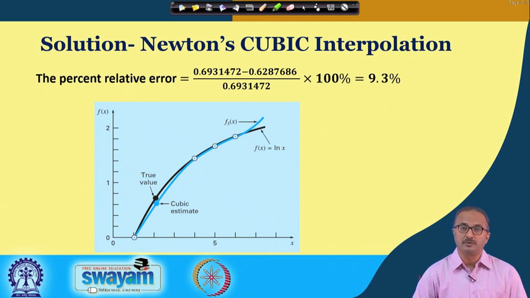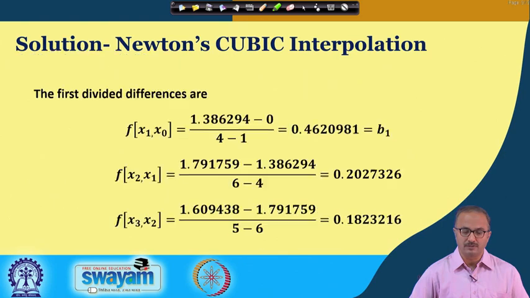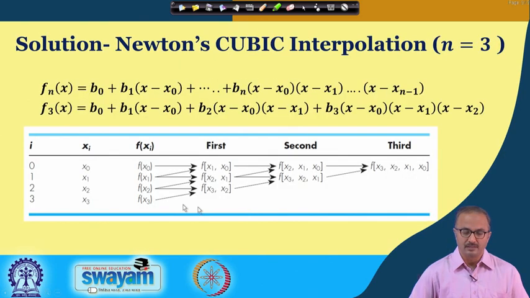Now if it is a fourth order polynomial, you have to consider another point, that is, you have to consider 5 points. Okay. The same thing will be there. Now if you have to have that fourth order polynomial, then if I go back to this difference table, you can see that you have to have another point over here.